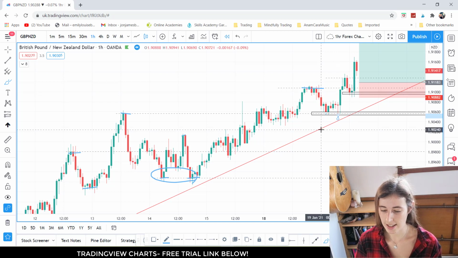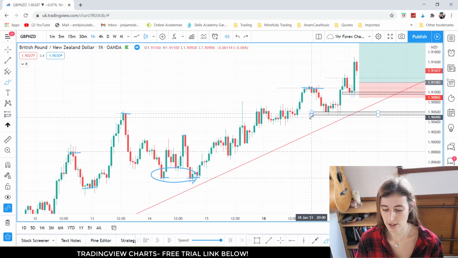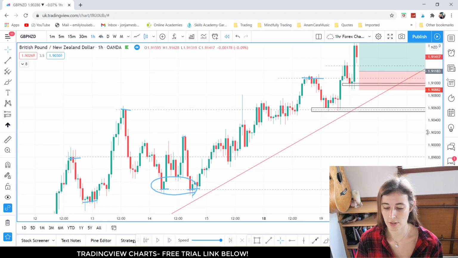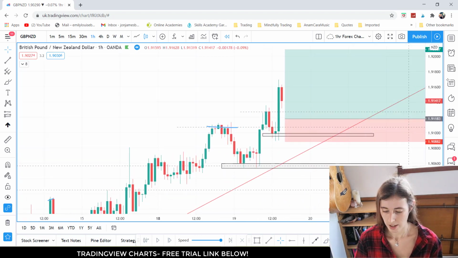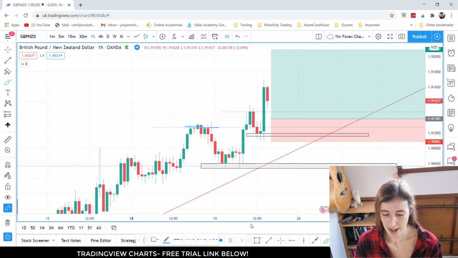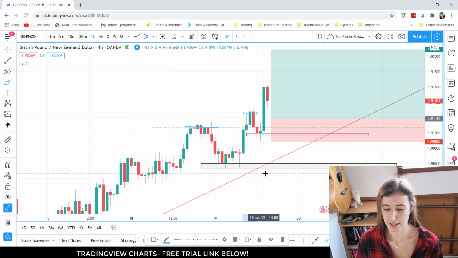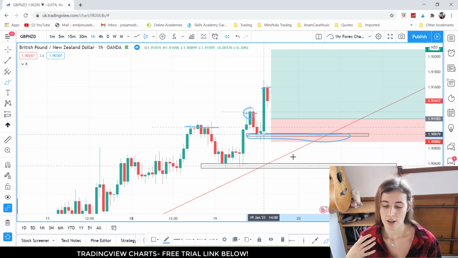So that's why I added this box here, because this is the new higher low and it is being respected in the market. So it's quite a key level. Continuing on with this, after we'd made this new higher low, we then pushed past the previous high and made a new higher high, and then we made a new higher low. Because price action then pushed past this higher high and made a new high here, I knew that this higher low was another key level in the market, and